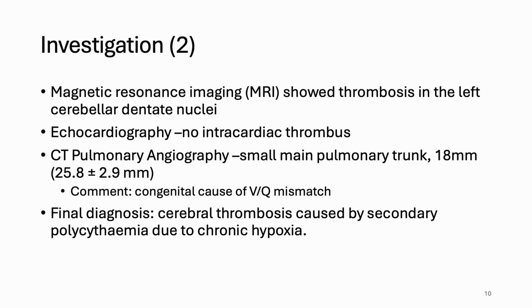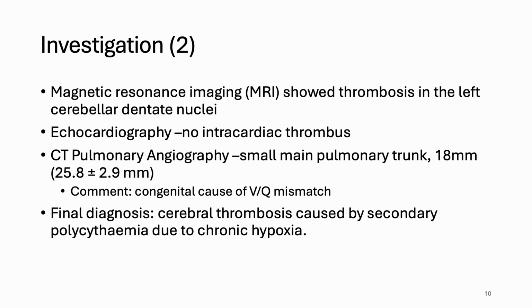The subsequent investigations confirmed the diagnosis of stroke with a magnetic resonance imaging showed a thrombosis in the left cerebellar dentate nuclei. As for the source of the thrombus, the echocardiography showed there's no intracardiac thrombus, and a CT pulmonary